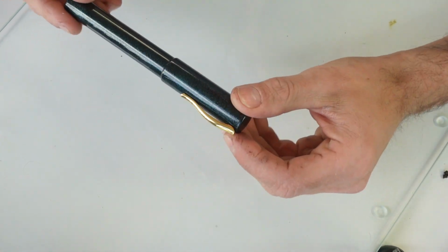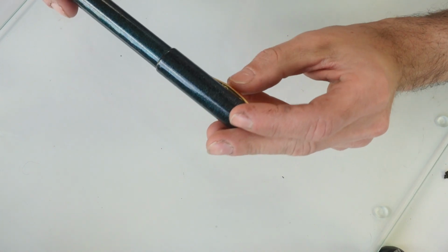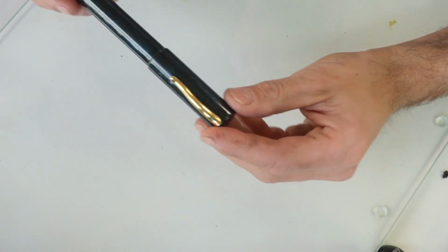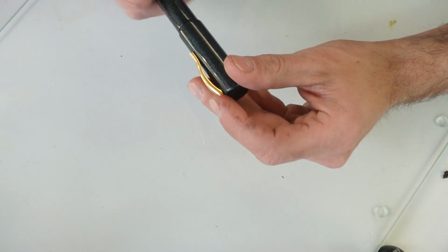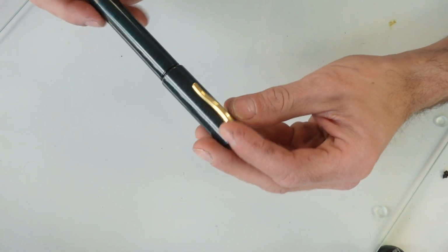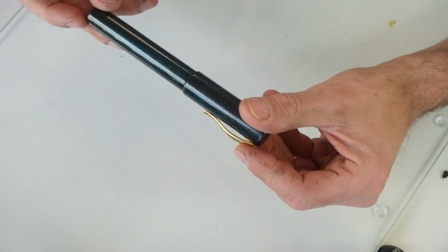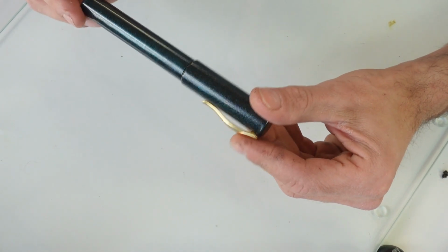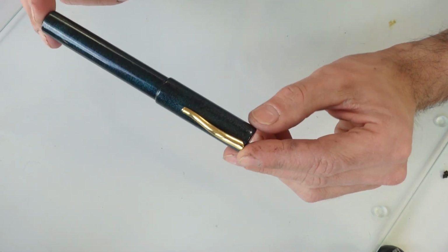So this is our patient. It's a Danitrio sho-genkai, the shorter version of genkai. Same diameter, it's a really girthy pen, but genkai is like 17 centimeters long. This one is just 155 millimeters long. It's dark green with beautiful